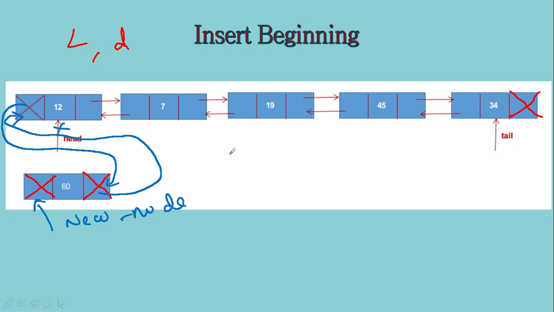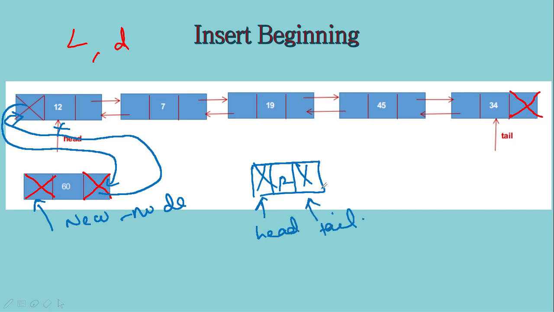And one corner case that we may have to consider is when the list is empty. When the list is empty, we have to take it as a special case, as we have to change tail also. In an empty list, head and tail both will be null, and when we are inserting the first node, we have to make both head as well as tail point to the only existing node, because that is the first node and that is the last node as well.